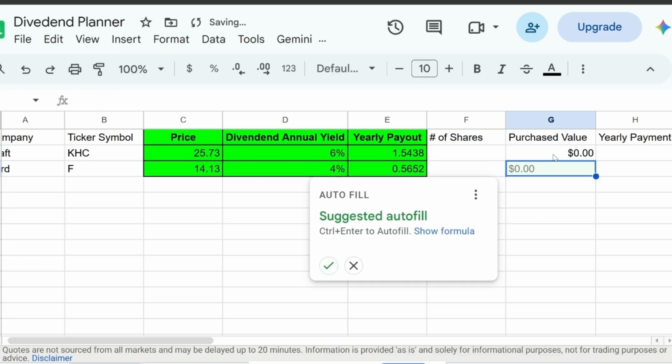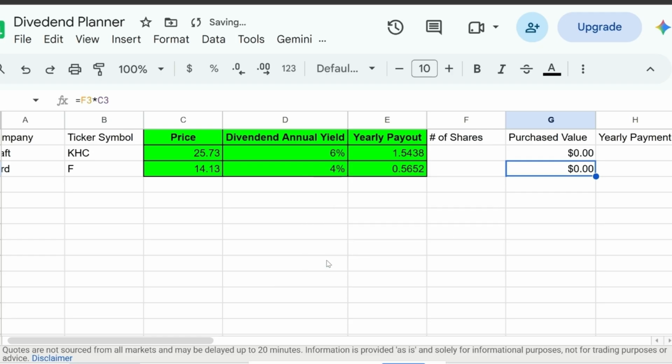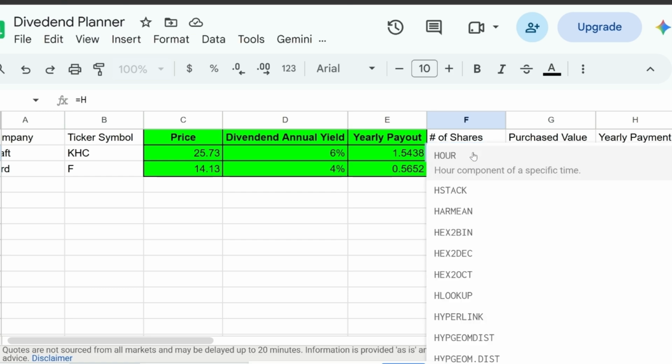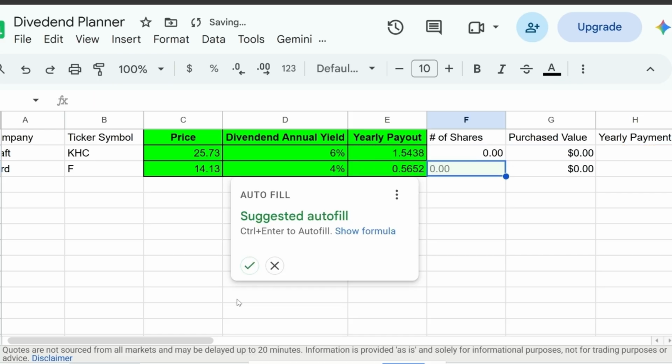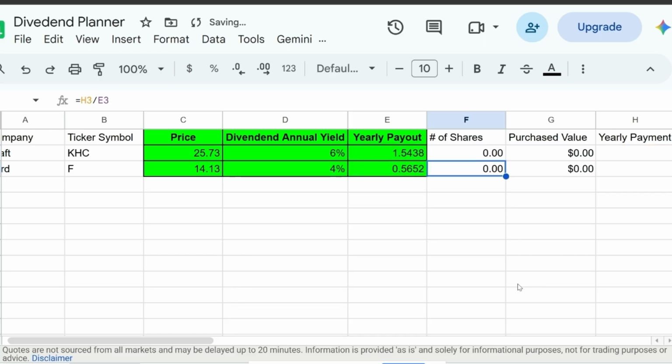All right. Now we're going to go to column F. And we're going to take H2 divided by E2. And you're going to see what this does after I'm done. Let's actually put equals H2 divided by E2. All right, the same thing for this one. All right, so what's going to happen now is